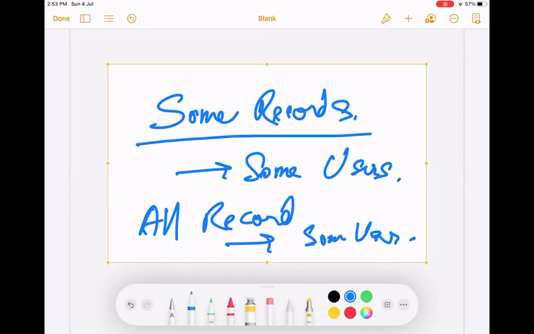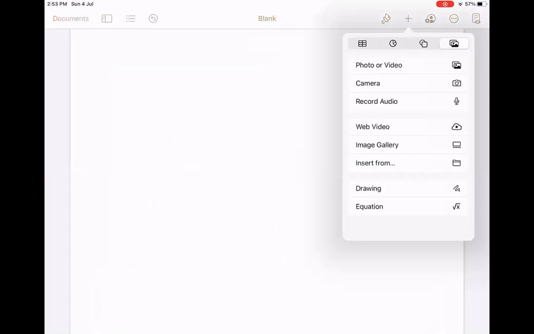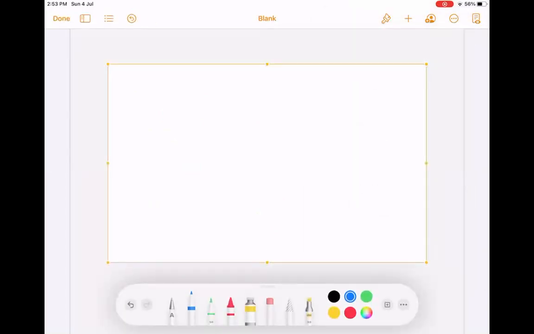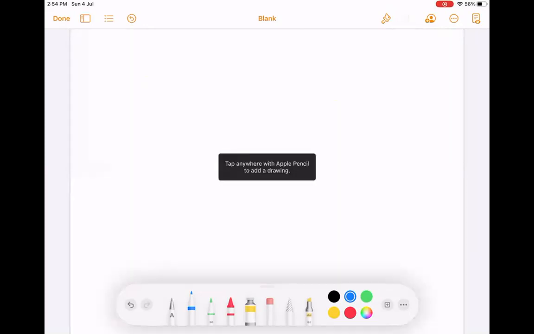But when the requirement is to share some records to some users, then sharing comes into the picture. And this you cannot do with profiles and permission sets, because in a profile or permission set, if you give View All, you can see everybody's record. But that is not the case here. Maybe I want to share with a few users, user 1, 2, 3, user 5, 6, 7, something of that sort. That is the situation. So what are the different mechanisms of sharing?